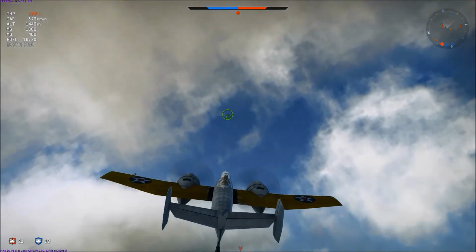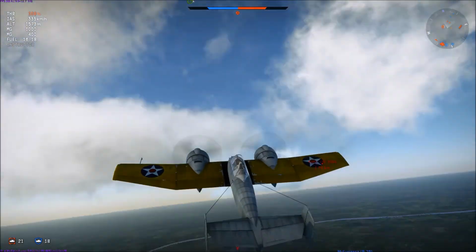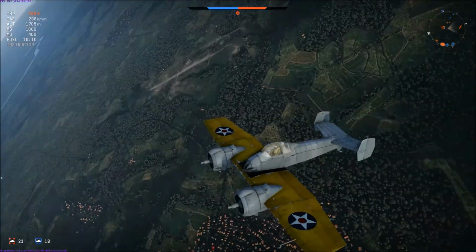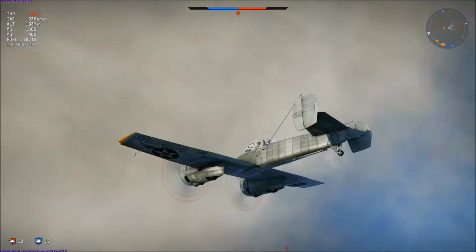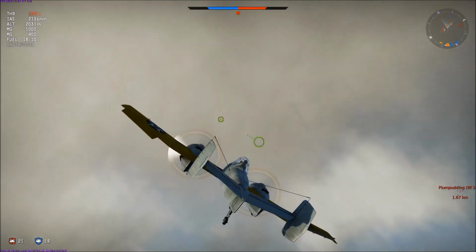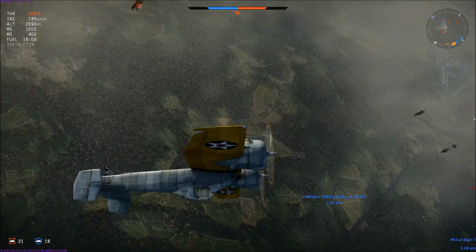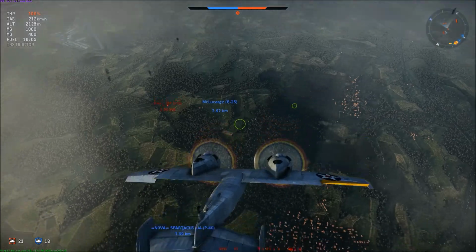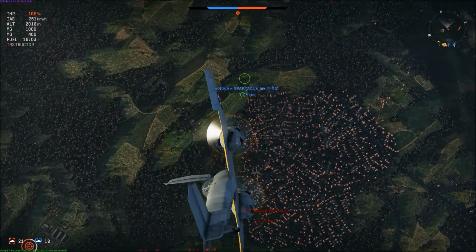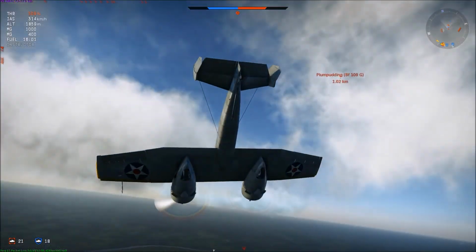And this guy seems to be pitching up at me, so... but I should be able to avoid him just by doing this. I don't really know, but there we go. I was searching for that guy. Yeah, this guy can't catch up to me. So now he's stalled out. I can try to get the drop on him maybe, but I see my teammates going for him, so...